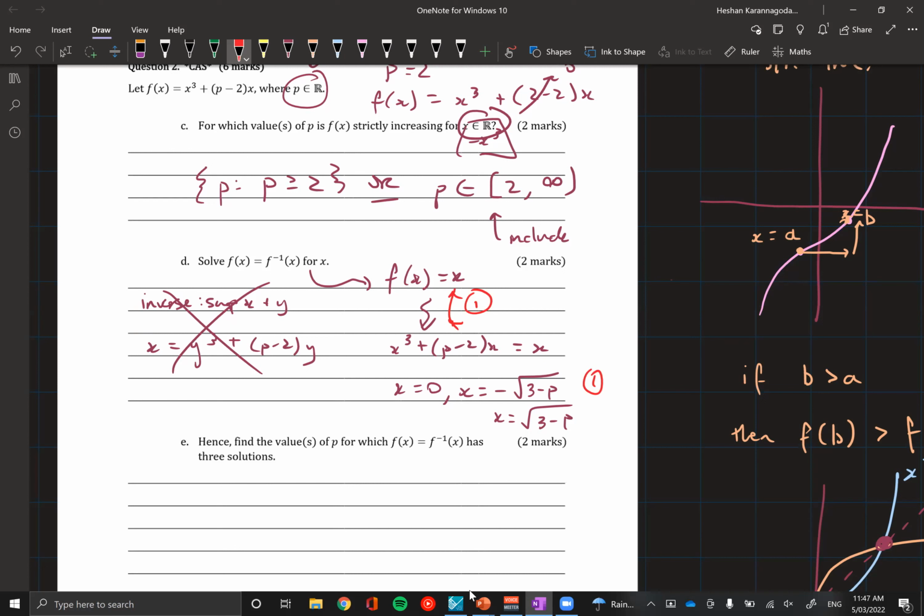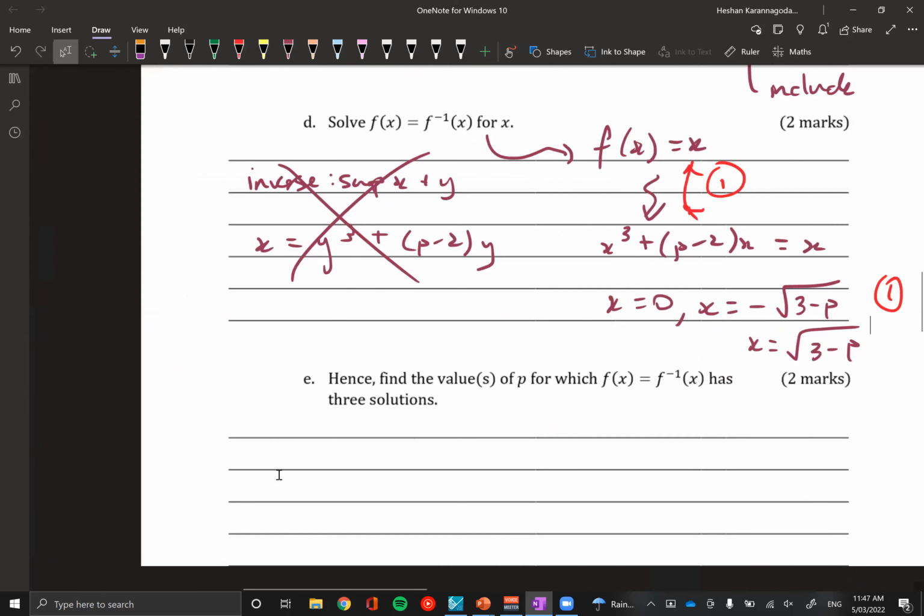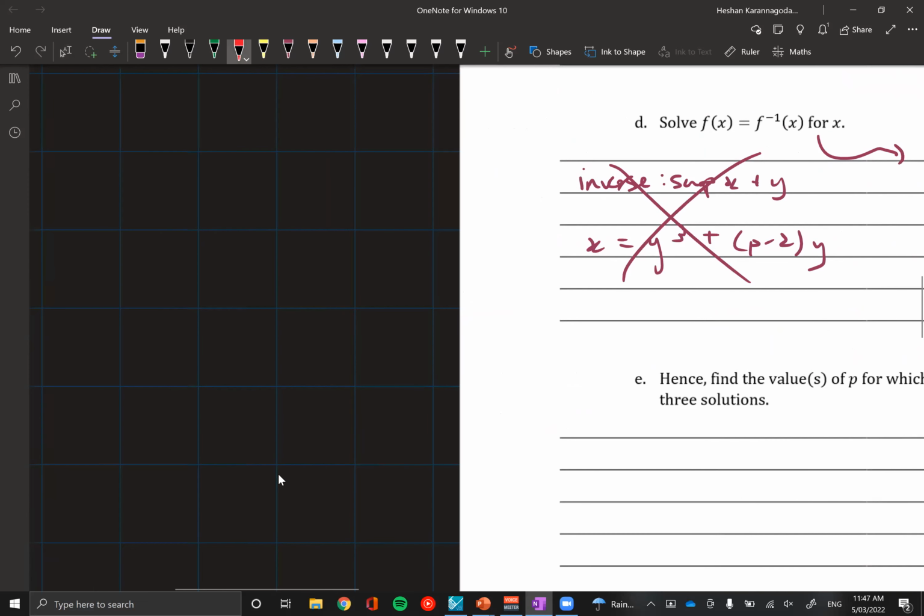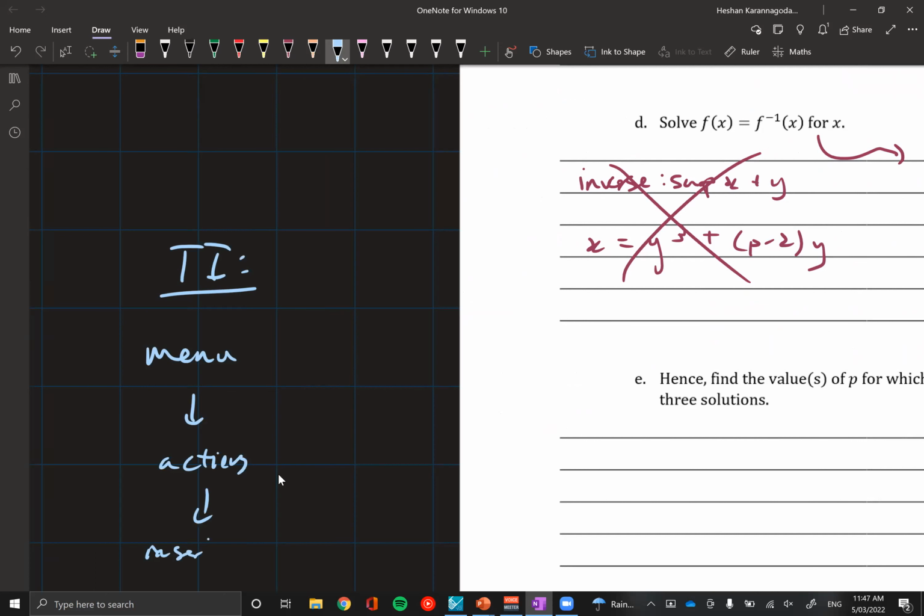We just got a few questions about the TI-Nspire, like variable graphing on the TI-Nspire. So it's the same thing. When you type the function in the graphing area, you can go to the menu, actions, and then insert slider. That's going to ask you for the values, like the minimum and maximum values, and it's going to create a slider. So you can slide it very similar to how Adrian did it on the CAS.